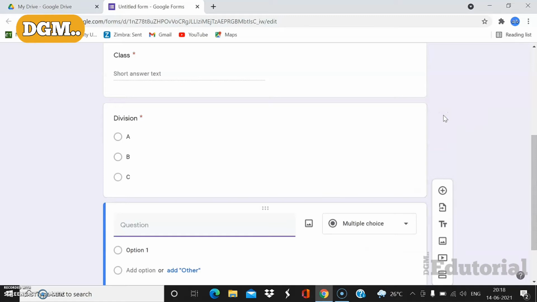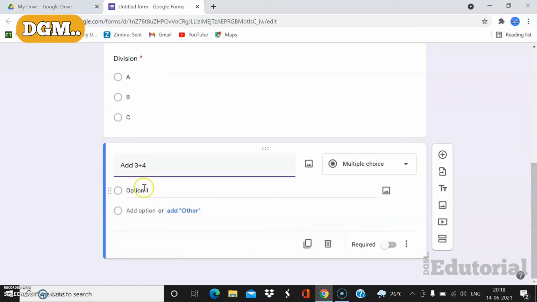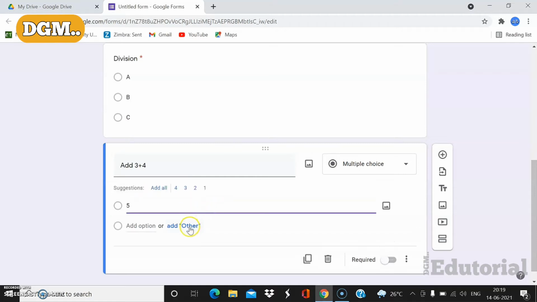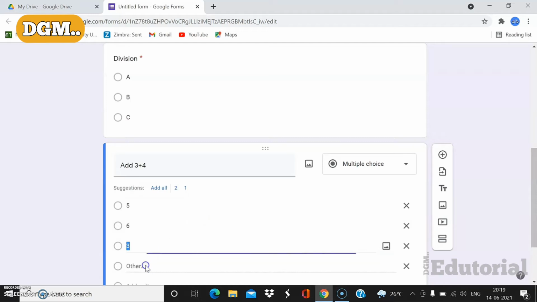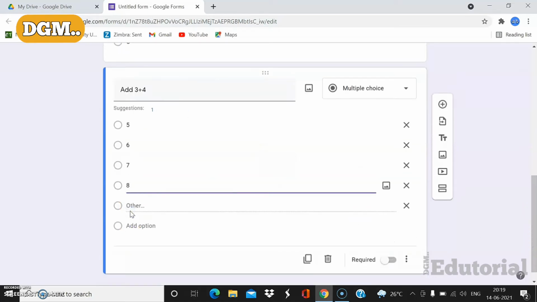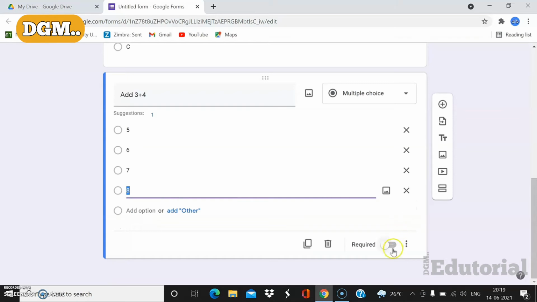Now we click on this plus sign, wherein we are going to add the questions. Maybe this is mathematics and then we give the first question as addition. And the question could be 3 plus 4. And now the students could just type in their answers here. Maybe it's a multiple choice question, right? We give it as multiple choice. So we'll give it as 5. Now we need to add more options here. So we'll type it as 6. The next option will be 7. And the last option we could give as 8 maybe, right? So we have got 4 options here, and this is the compulsory question that the students should answer.